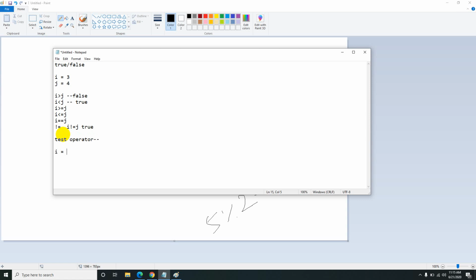Let's say i is equal to 4.5. i is double, like that we will check, will give you true. Or if you want to give the negation, i is not.